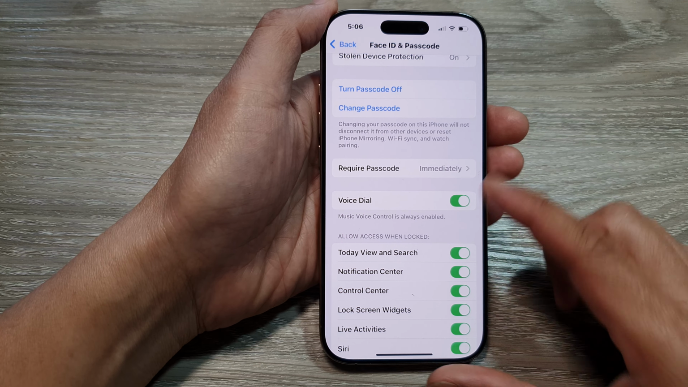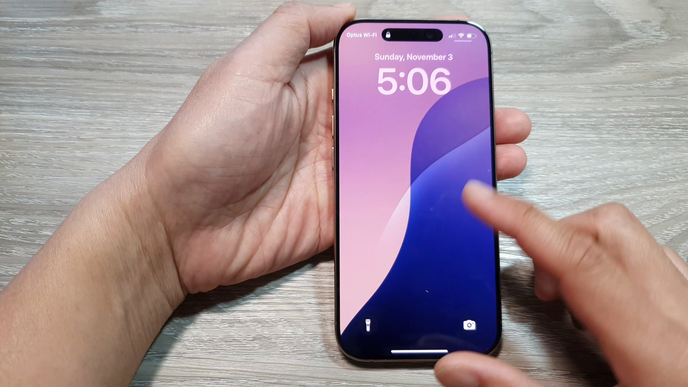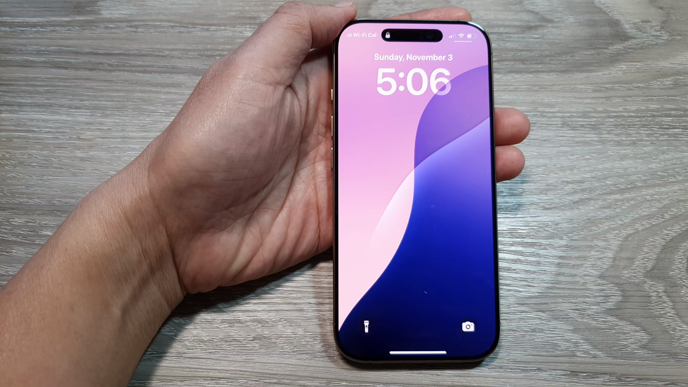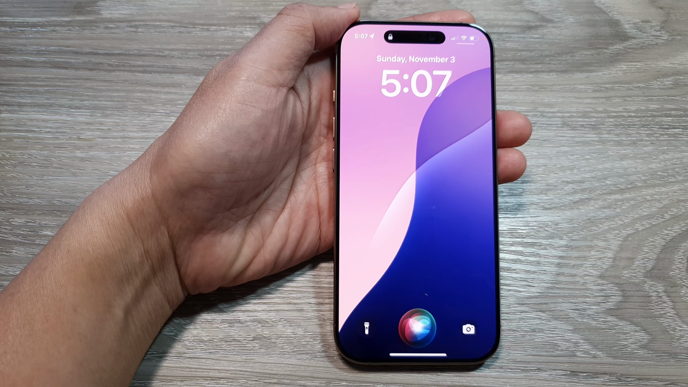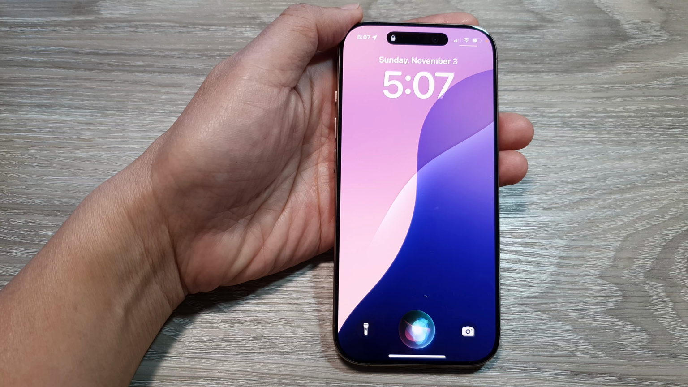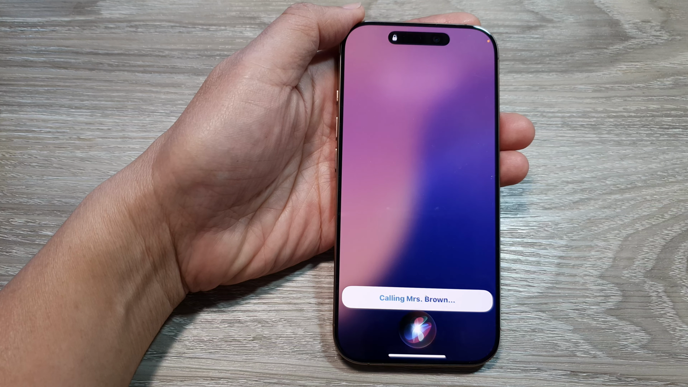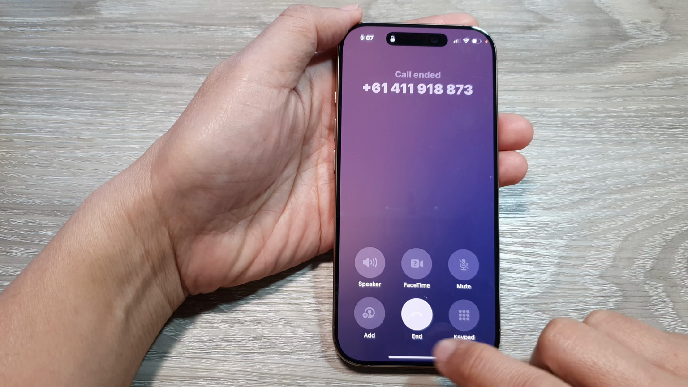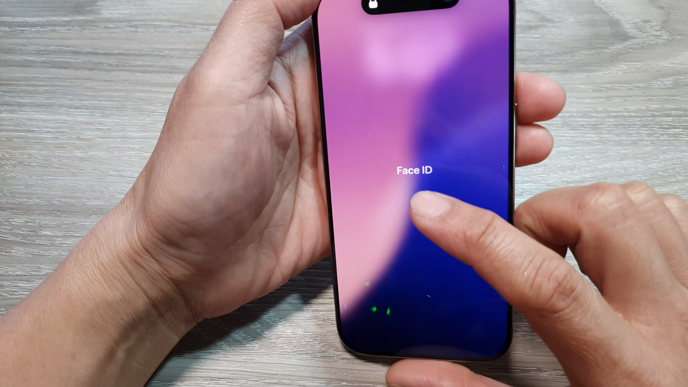So here, if I lock my device, you can see on my lock screen here, I can say, "Hey Siri, call Mr. Brown." Calling Mrs. Brown. Okay, so if I switch it off now,